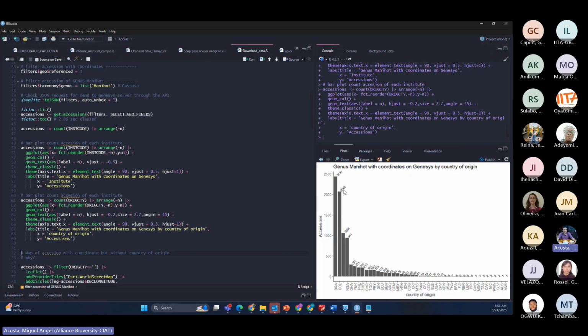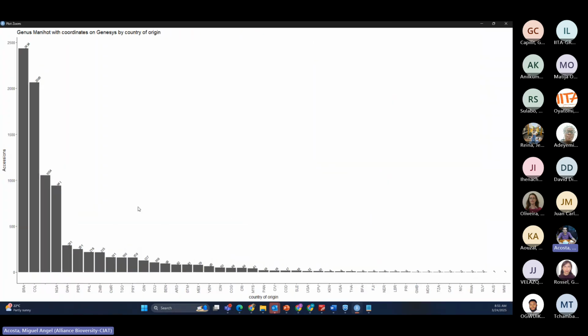Colombia, close to 2,100 accessions, and this is the data from countries of origin about the cassava of the GENESYS manioc genus. But if you see in this part, more than 1,000 accessions